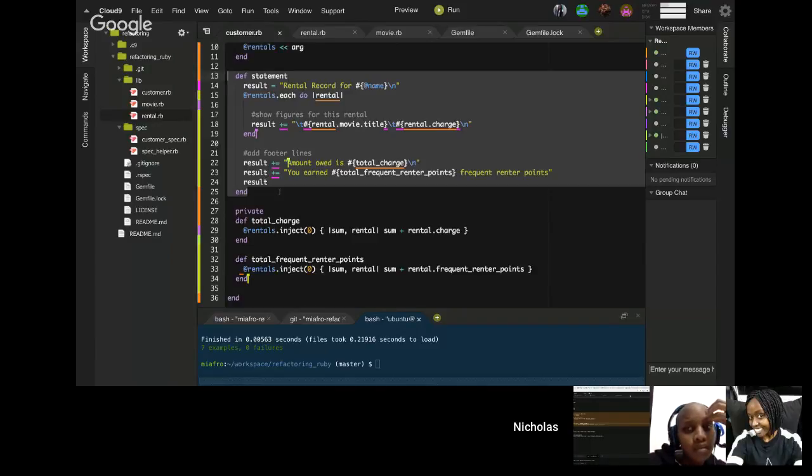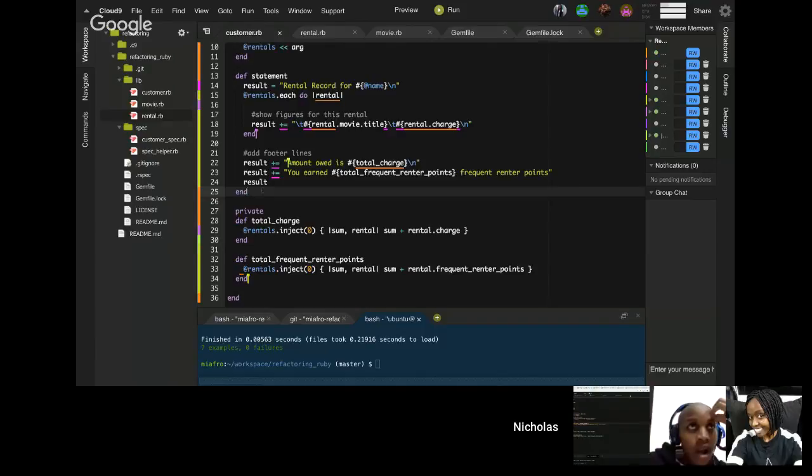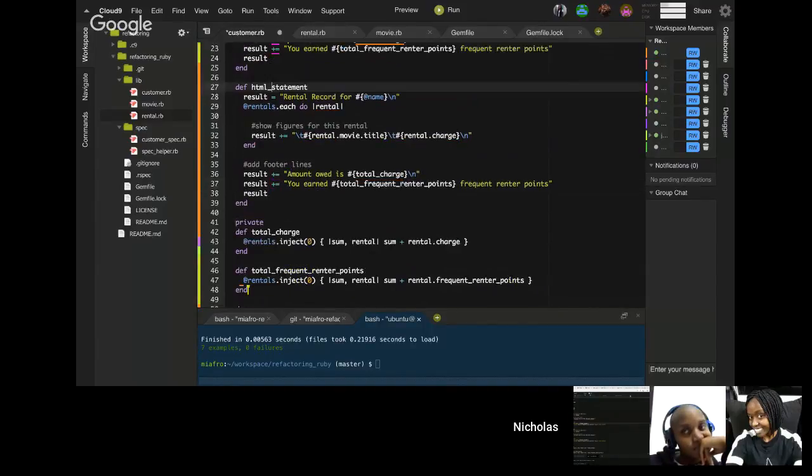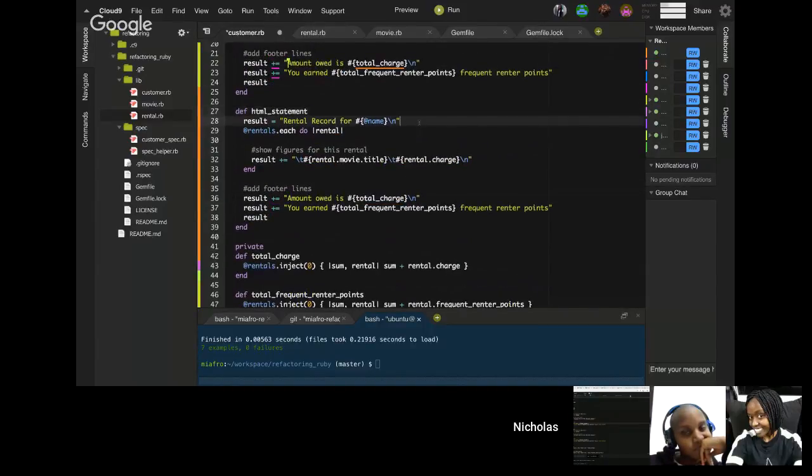And we're going to call it HTML underscore statement. So here for results, so we're going to turn this into HTML. So we'll have a header that looks like